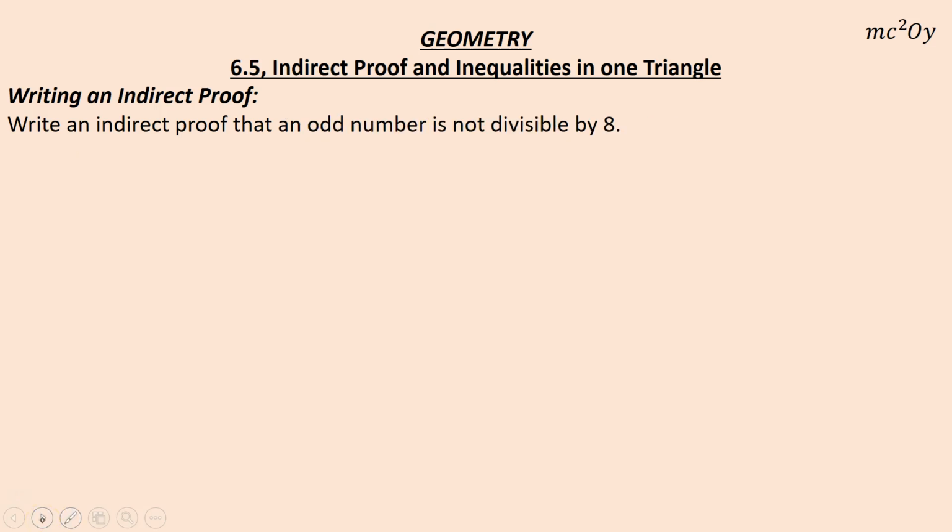This one I will admit right at first is tough. Write an indirect proof that an odd number is not divisible by 8. Well, this will be the last one we do. It's important to note a few things. First, we're going to go through the steps again. Step 1 is always one you should know. A lot of times you'll be asked just to identify step 1. So identify the opposite. So let's assume